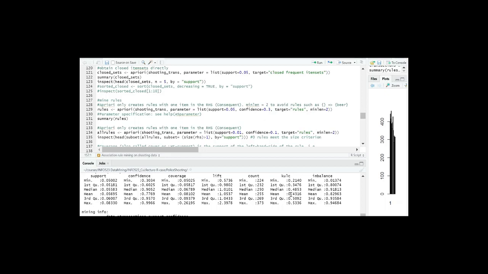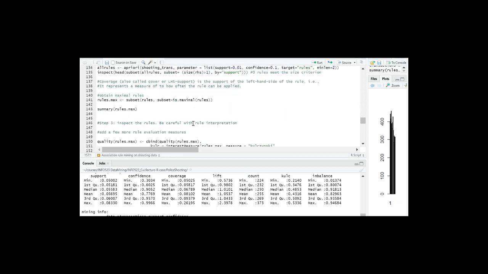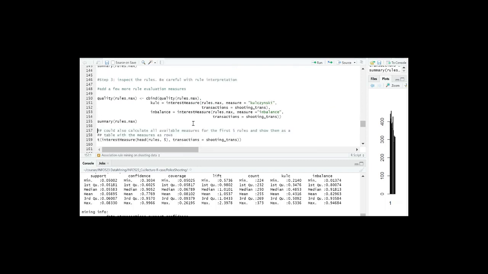So we don't actually have items that strongly associate with each other, because the maximum Cool is only 0.5, which is basically neutral. And we can see the rule set covers some rules which are quite balanced and some rather imbalanced. Okay, so we have an overall idea of our mined rules.